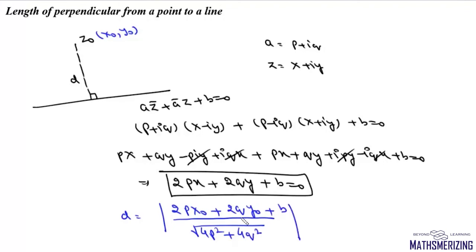Now this 2Px0 plus 2Qy0 plus B is nothing but the same expression